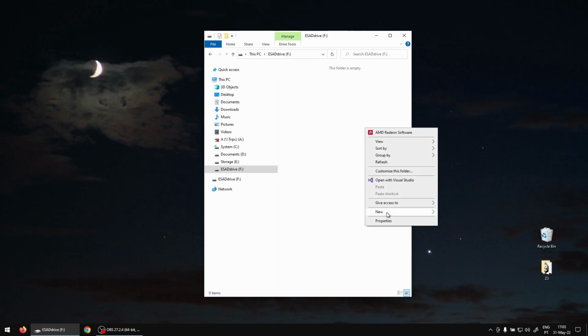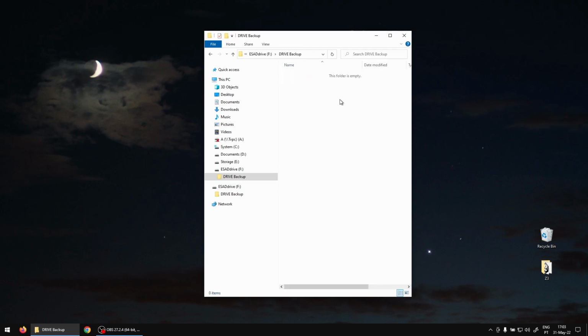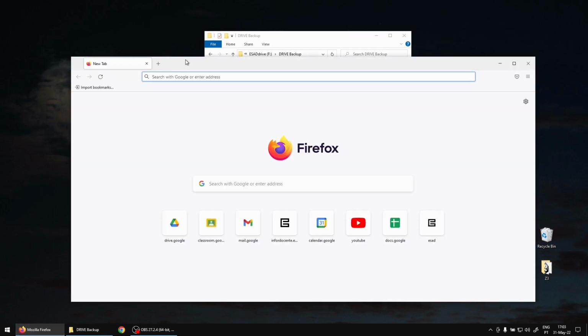I will create here a folder called drive backup, and I will use this folder as my Google Drive, so everything comes to this folder. To do it, you will need to have a software that is going to run every time the computer is turned on. So you go to Google Drive,